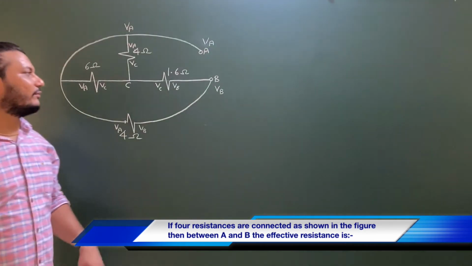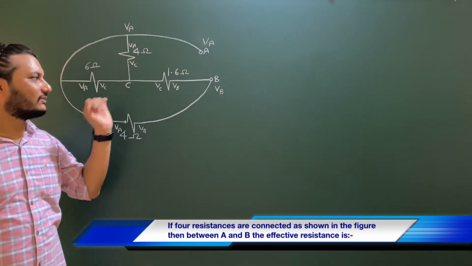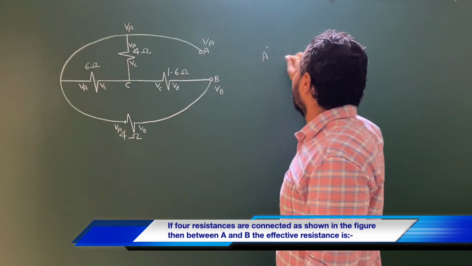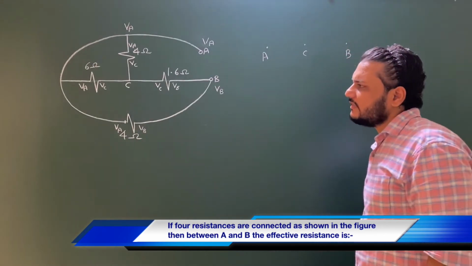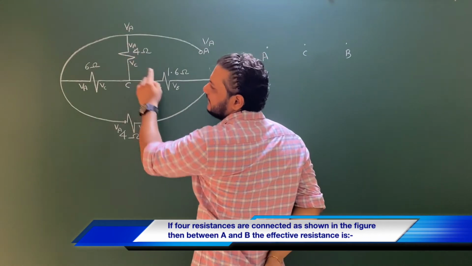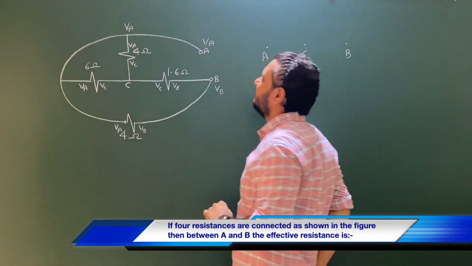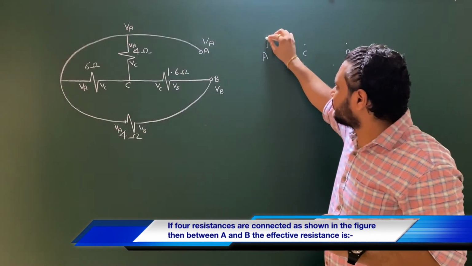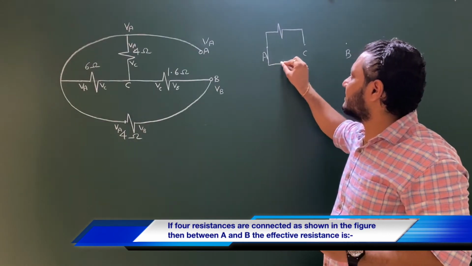So overall we have marked 3 points, point A, point B and point C. Let us draw those 3 points somewhere, point A, point B and point C somewhere in between. As you can see clearly, between point A and C there are two resistances, with potentials VA and VC. So let us draw those two resistances over here. This is one resistance and then another resistance is something like this.